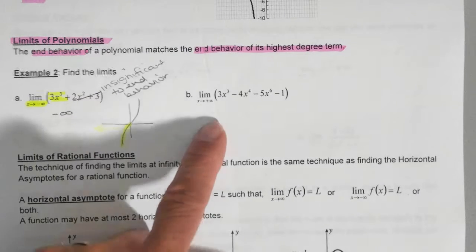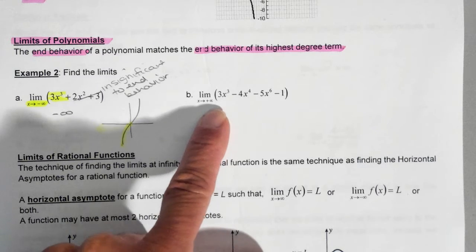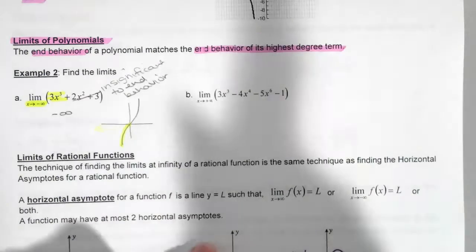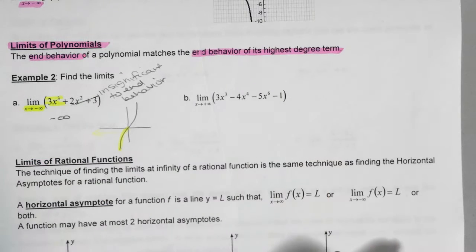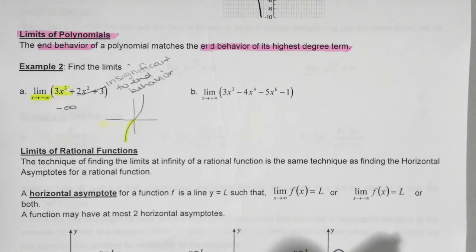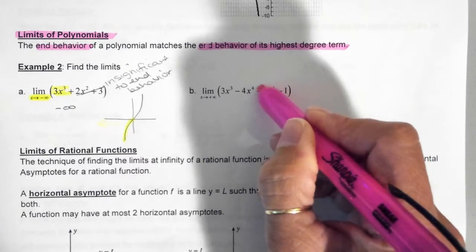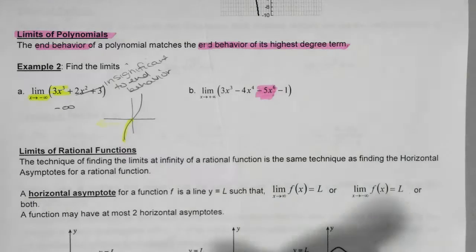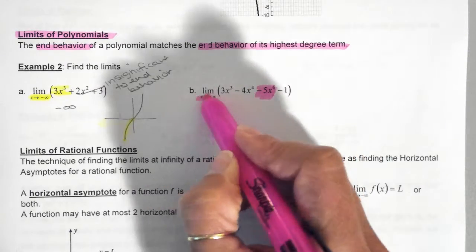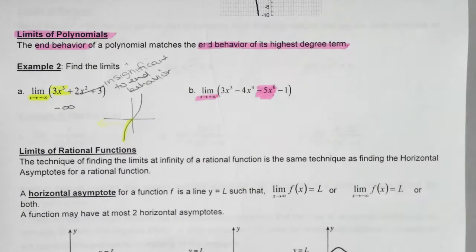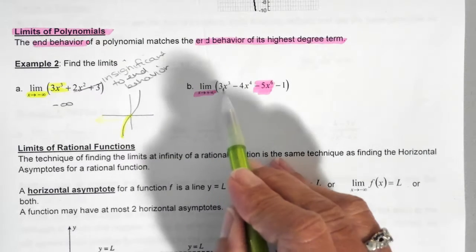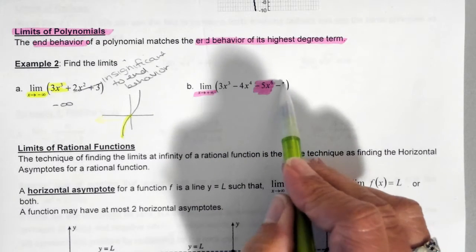All right, so I take a look at this function right here, and I am looking at the highest degree. In this case, this function is not in standard form. So what is the highest degree term? The whole thing. The term. Not the degree, the highest degree term. Negative 5x. I heard some of you say it, but then all I heard was 6. So negative 5x to the 6th power. So we're looking at as x is approaching negative infinity. So I'm ignoring these terms right here, right? They are